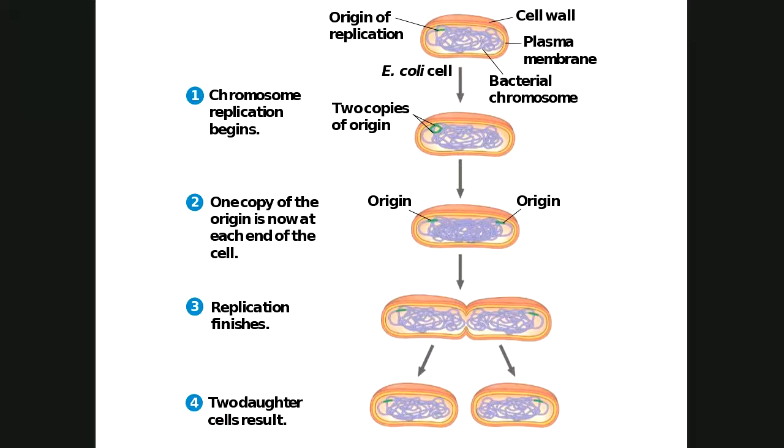Relatively simple, though. So let's follow up at the very top. We have an E. coli cell. We hear about E. coli all the time, usually in the news for bad reasons, the pathogenic strains of E. coli that get into food and cause food poisoning, all that sort of stuff. But we're going to make a copy of that E. coli. The little purple thing that's all rolled up inside is a chromosome.